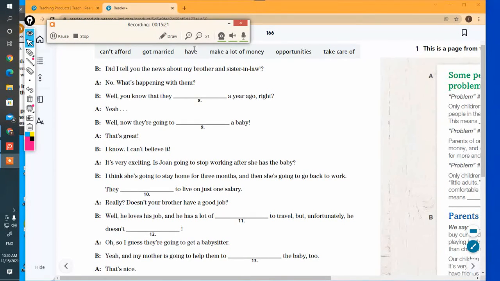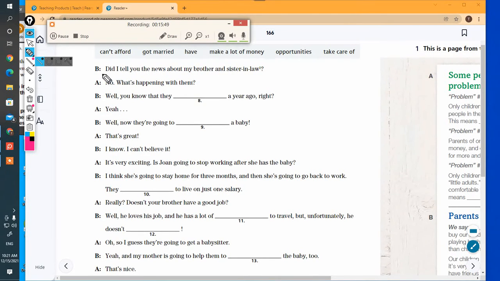Okay, students, you want to do the same thing here. You want to answer for yourself and then pause the video. So go ahead and pause it in reverse. Pause the video and then answer for yourself. Okay, go ahead and pause the video, complete the activity, and then restart the video.